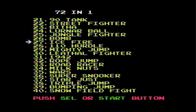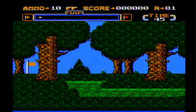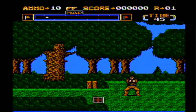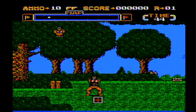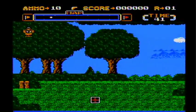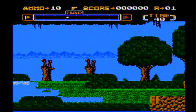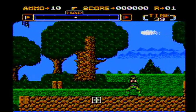But yeah, there's one more game I wanted to play, and that is Lethal Fighter. Let's try this out before I turn this thing off and give it a break so it doesn't burn my hands. And of course it's called Gotcha. Let's play beginner round 1. Oh man. Okay, I tried to shoot him because I pushed every button. So I'm guessing you must just run. I'm guessing that's what you must do. I thought it was a shoot game, but...